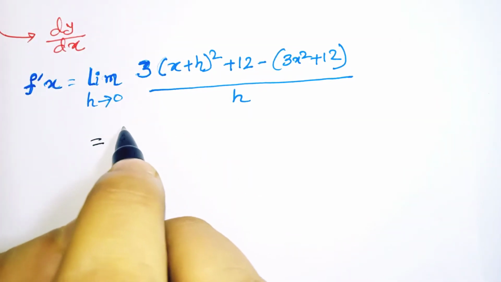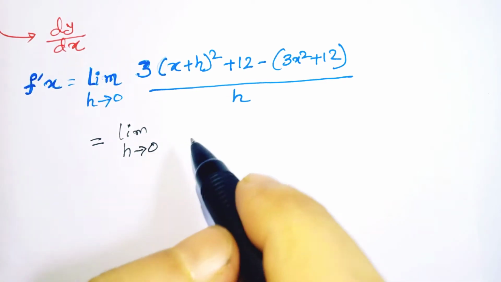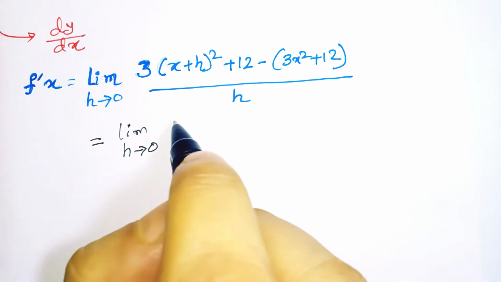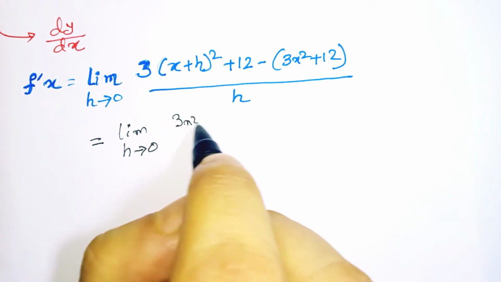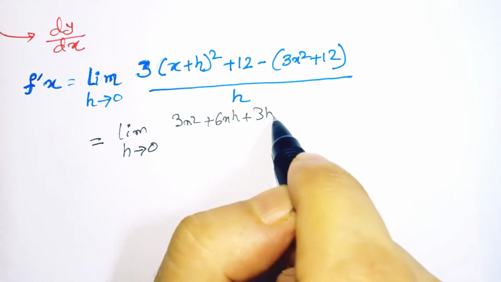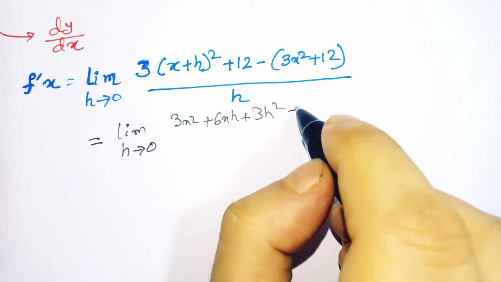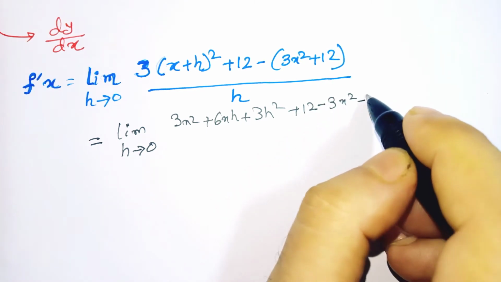Using a different pen, the limit of h moving towards 0, and if I expand this equation, the numerator becomes 3x squared plus 6xh plus 3h squared plus 12 minus 3x squared minus 12,